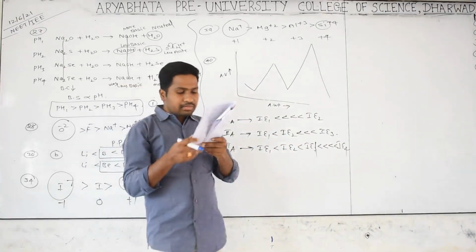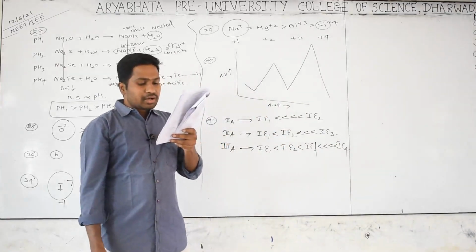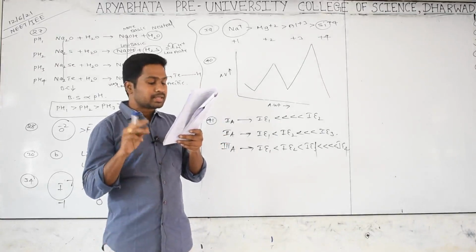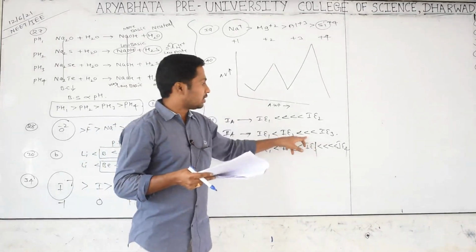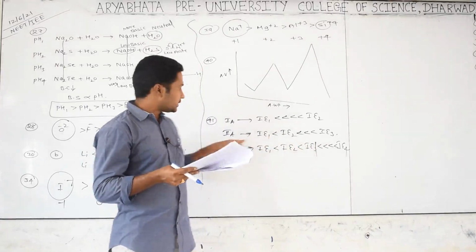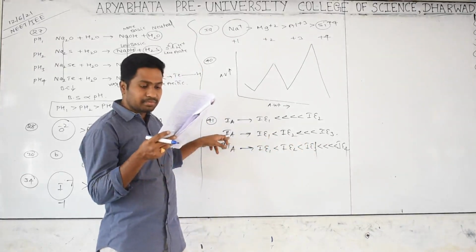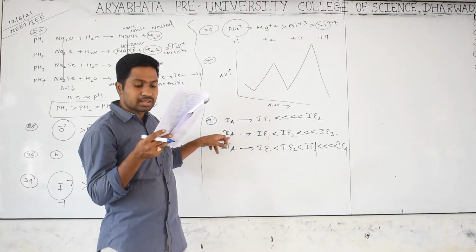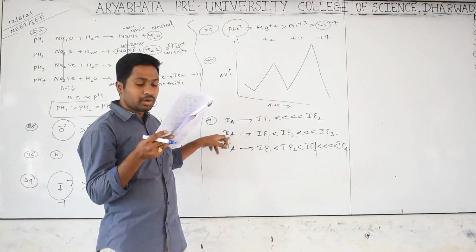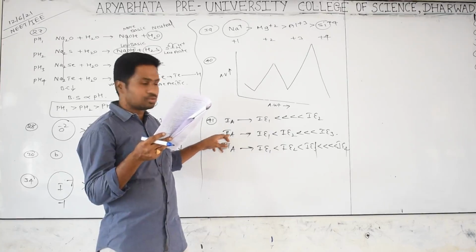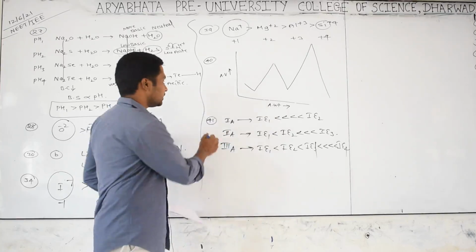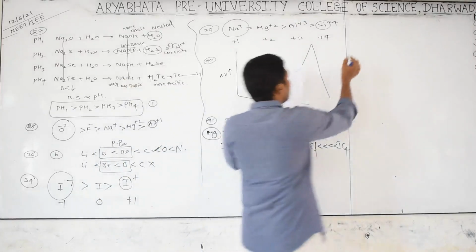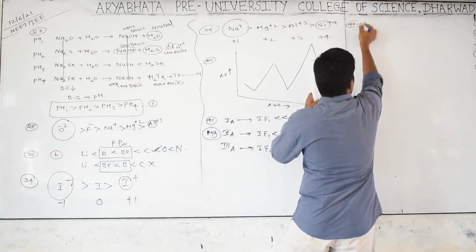Now you check it very carefully. Which electronic configuration of element has abnormally high difference between second and third? Second and third, large gap is coming. That is which group element? Second A group element. Which is the second A group element? Check it. Having 2 valence electrons is nothing but magnesium. Option D: 1s2, 2s2, 2p6 and 3s2. Good question. So it is nothing but magnesium. Are you clear? Yes. Then go for another bit, number 42.